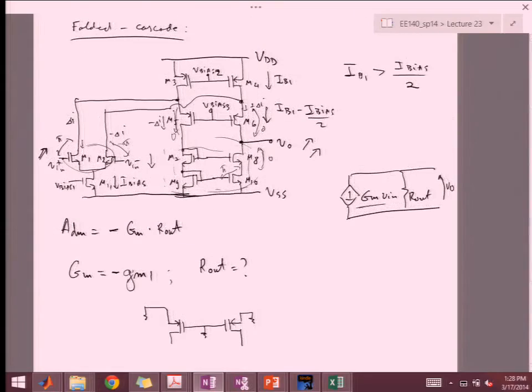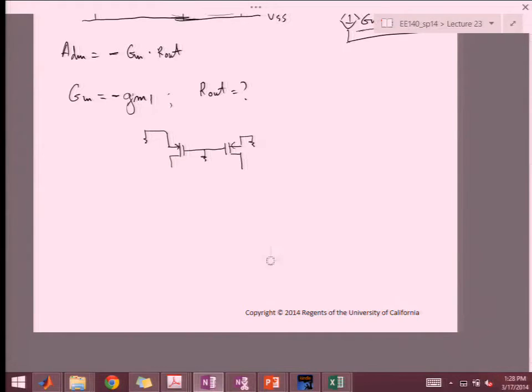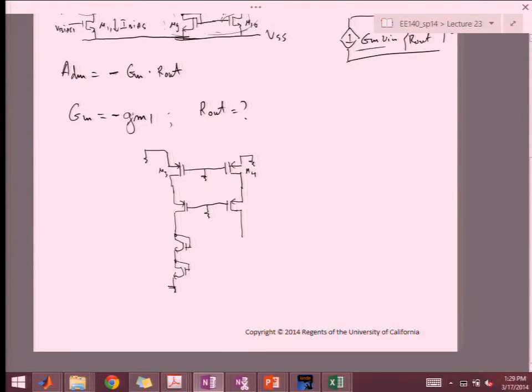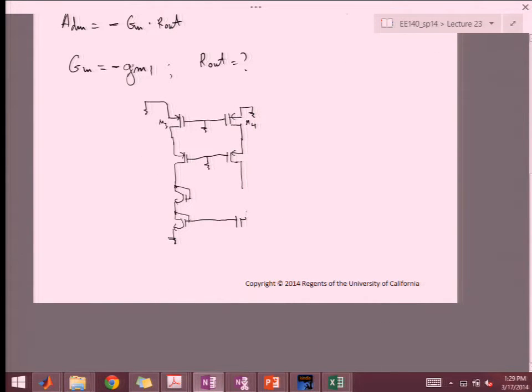So this is what happens from M3 and M4, because gate and drains are grounded. So this is M3, M4. And then as I go down, I get another part of the cascode. These two gates are also grounded. I get a first diode connected and a second diode connected one. And now I'll apply here V test and look for I test. And then I have another piece, so the input is